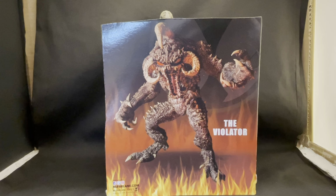It had lots of different washes and lots of different colors and shading in the skin and in the, I guess, the bones and the horns, and it's just a huge behemoth of a figure. But I wanted it to look